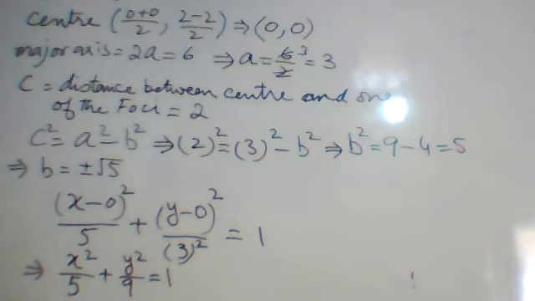So this is the required equation, x square upon 5 plus y square upon 9 equal to 1. This is the required equation in its standard form. If we multiply by the LCM of 5 and 9, what will be the LCM of 5 and 9? The LCM of 5 and 9 will be 45. If we multiply the whole equation by 45,